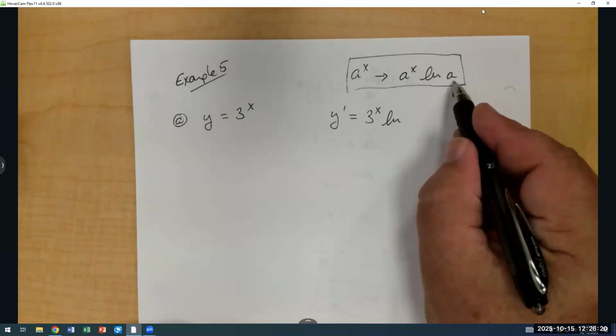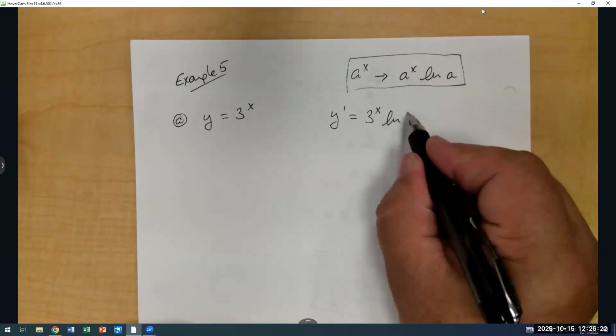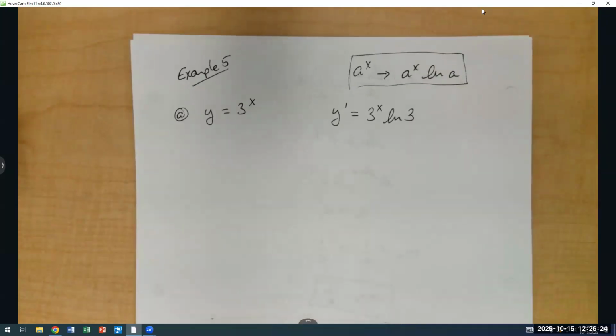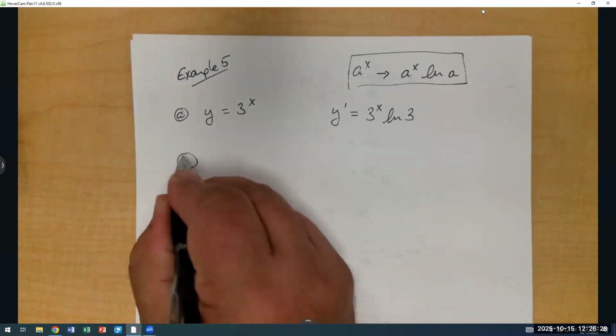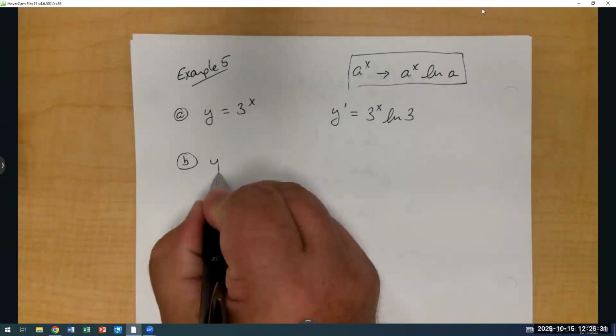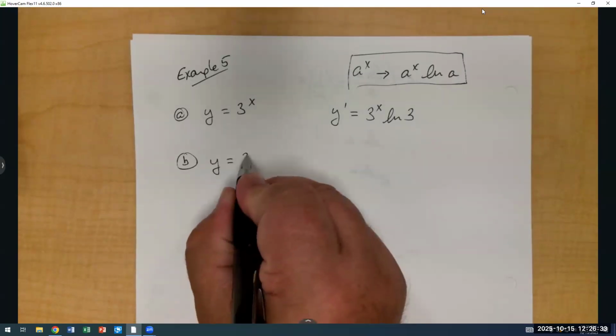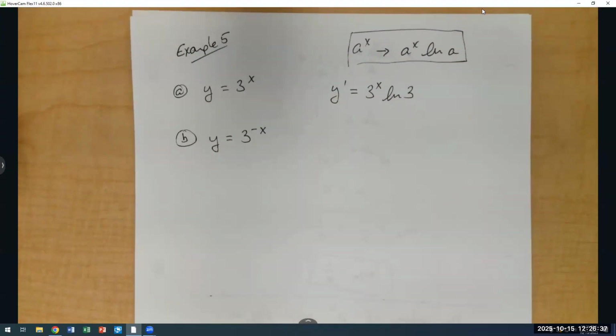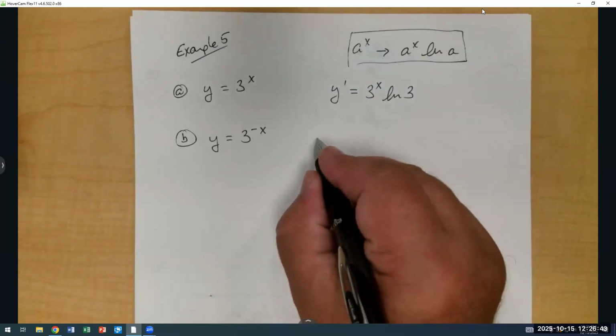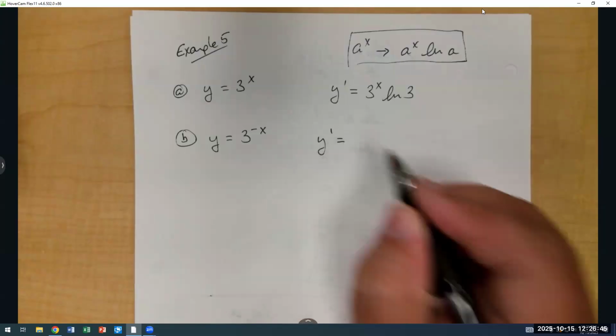What is my value of a? A is the base. So the derivative is